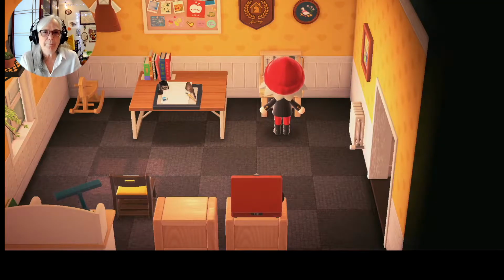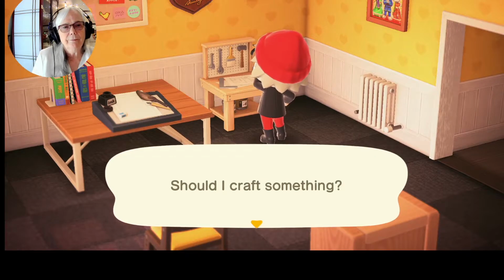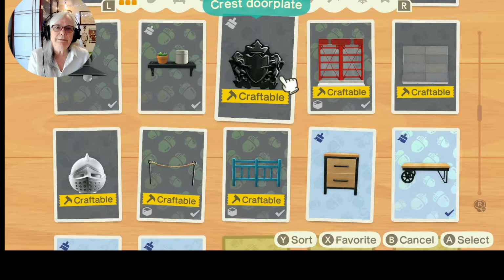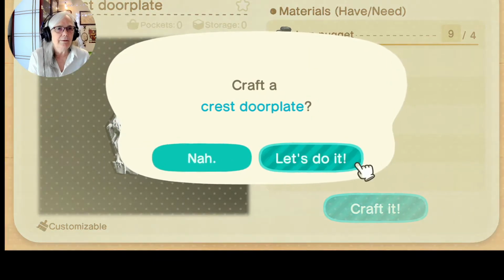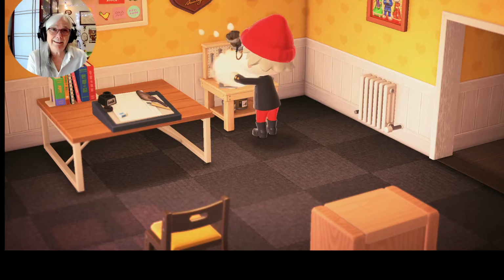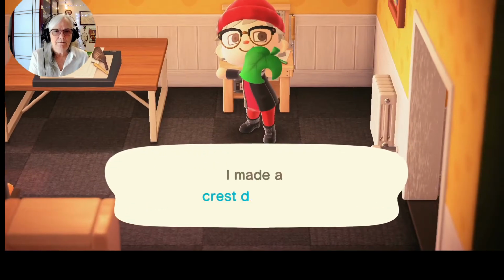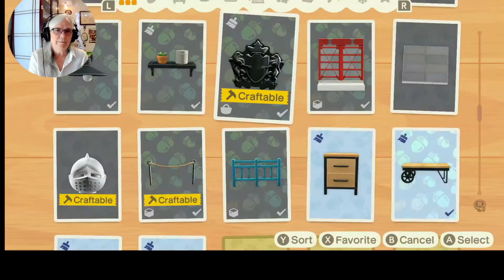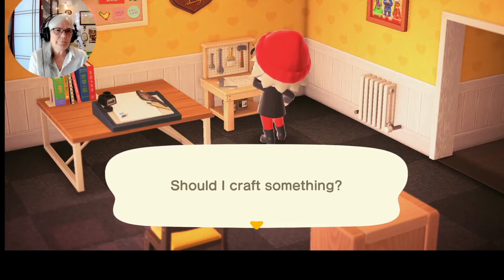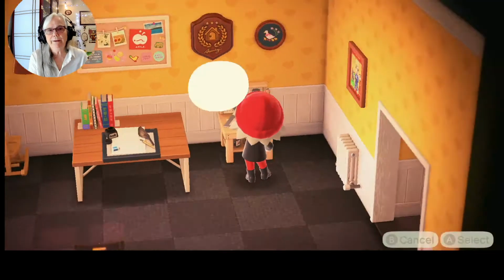Now we shall make the door plate. Yes, thank you. Can I customize it? I'd like to make it all rusty. Let's try. There must be a way to skip that.